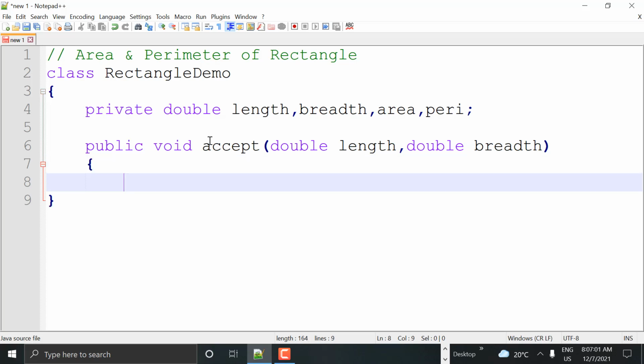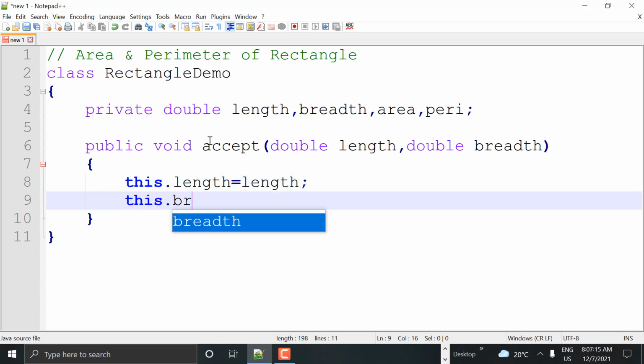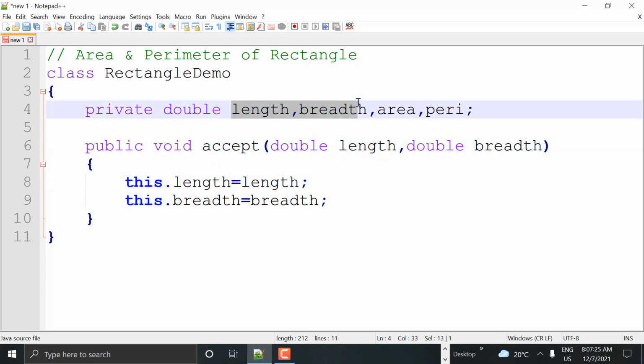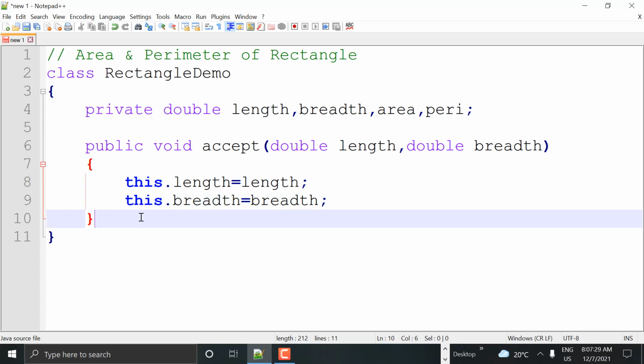We are reading these two values and storing them: this.length is equal to length, and this.breadth equal to breadth. These are local variables, length and breadth, and this.length means the member variables. That's the reason I have initialized values from local variables to member variables.